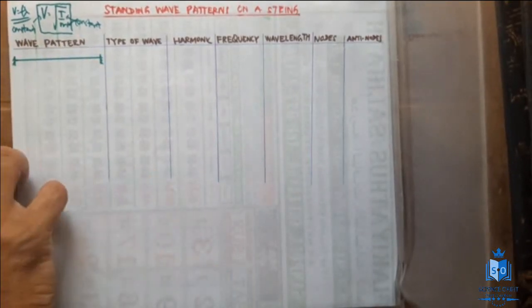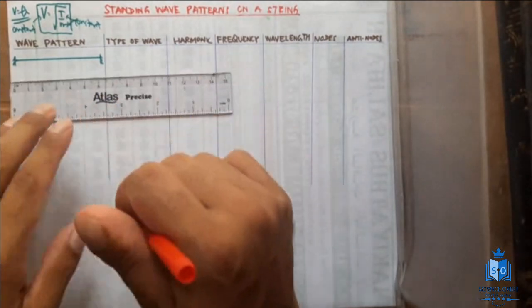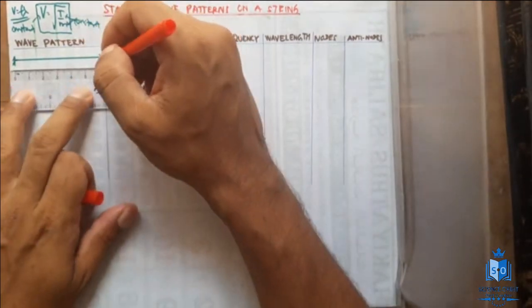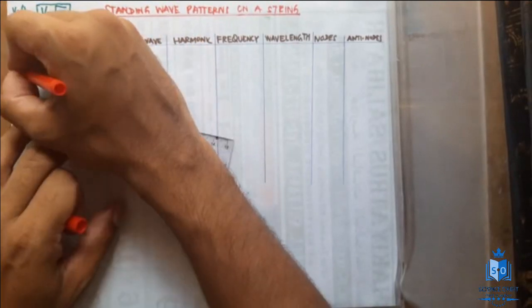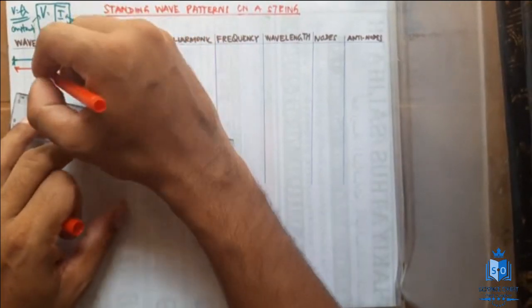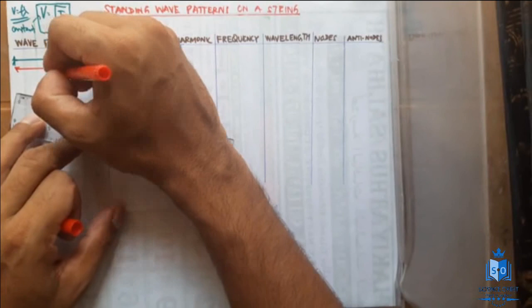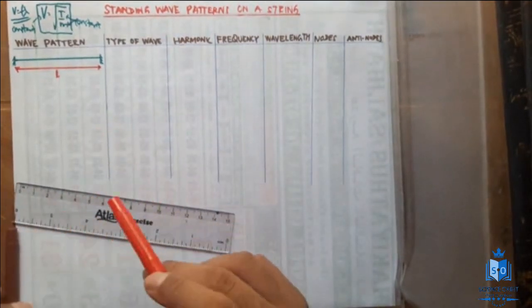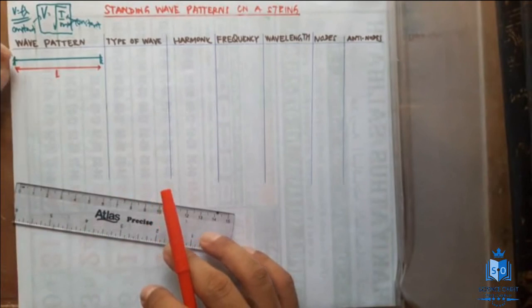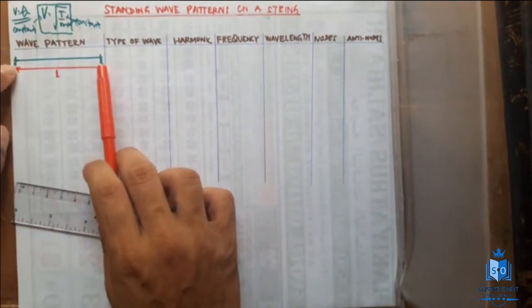and most important thing is the length of the string. So, I will mark the length of the string. Let us take the length of the string as L. That also is a constant. We will not be changing the length of the string because it is fixed to two boundaries. We will not be changing that length throughout this experiment. Now, what we are going to do is we have actually fixed this string to a